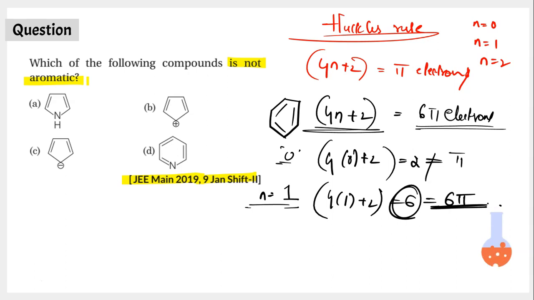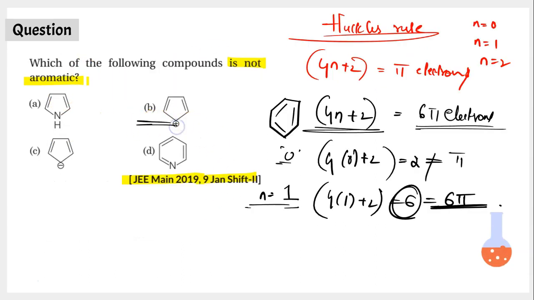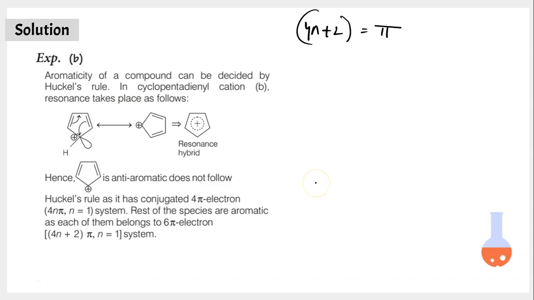All right. So now when you look at the four options that you have, A, B, C, D, in all the four options, when you observe the same rule, the 4n plus 2 pi electrons rule, only in the case of the second option, you won't have the n value being an integer. In the case of the second option, where you have this molecule, how many pi electrons do you have? You have only 2 double bonds, isn't it? Because you have 2 double bonds over here, how many pi electrons do you have? You have 4 pi electrons. So pi electrons is equal to 4.